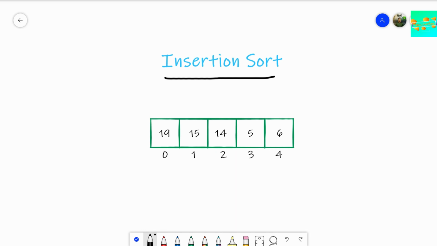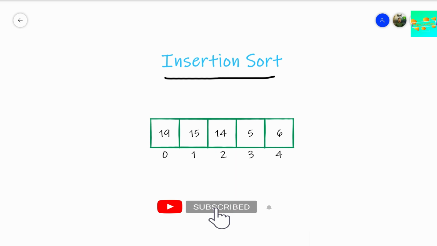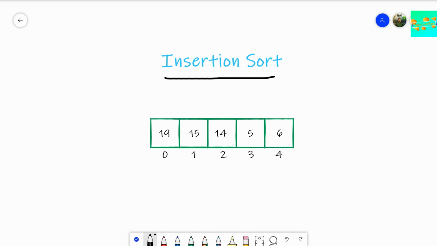In insertion sort, the array is virtually split into a sorted part and an unsorted part. How? Let's deep dive into the algorithm and understand how this works. First of all, we take the total length of the array. We take the length to be n, and we find that n is 5.